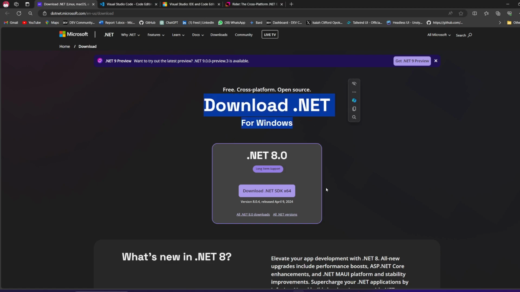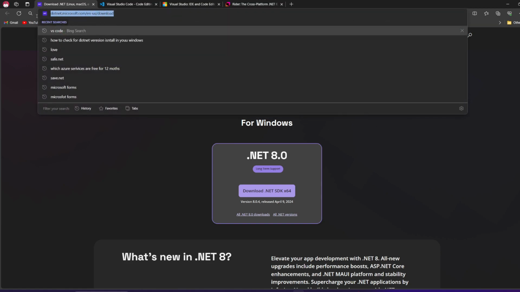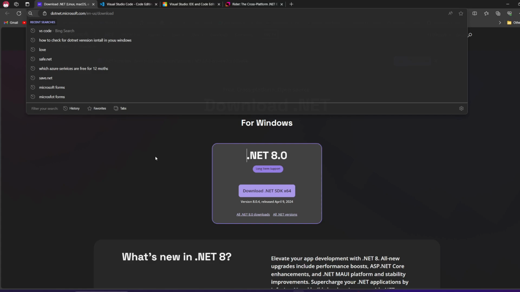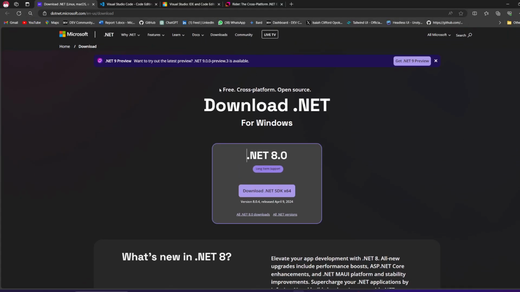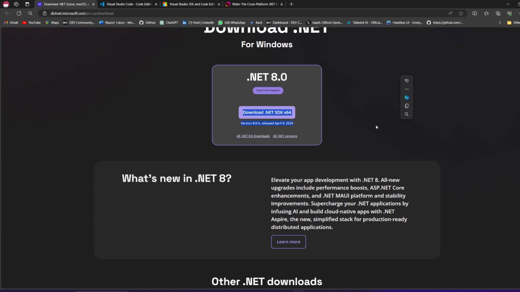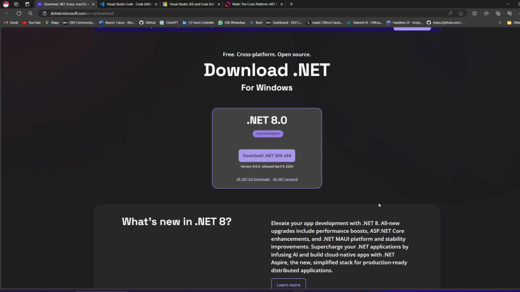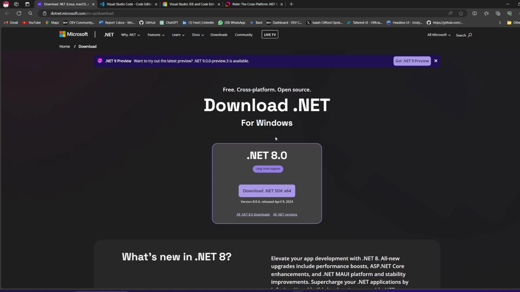.NET is the SDK that you need to install so that you can run your C# code, and I'll provide you with this link so that you can just come here and download. If you want to download this yourself, you can also search for .NET download, open your browser, come to this site, and click on download. It will download, and then you install. If you're also on Linux, you can